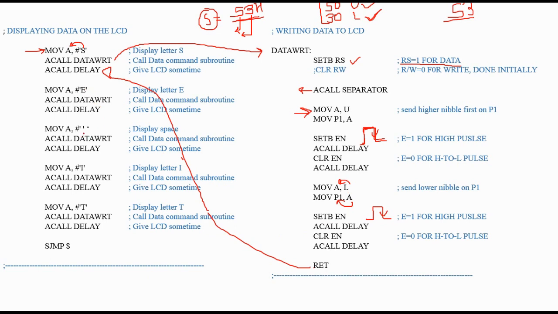Just like that, here there is one more thing that needs to be printed, which is a space. Okay, how to give a space? We have given the space by using just two quotation marks, inverted commas, with some space in between. So this will basically print the space. Okay, after that we have sent I and then T. Fine, in this way we have displayed SE space IT on the display, and now the pointer will keep on jumping on the same location again and again.